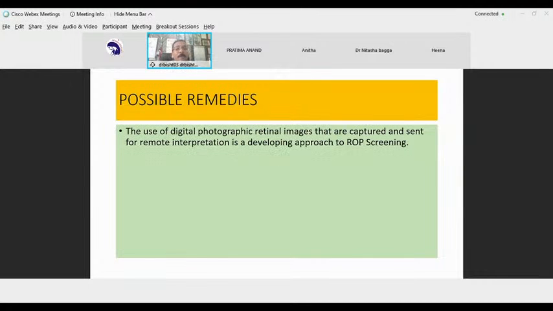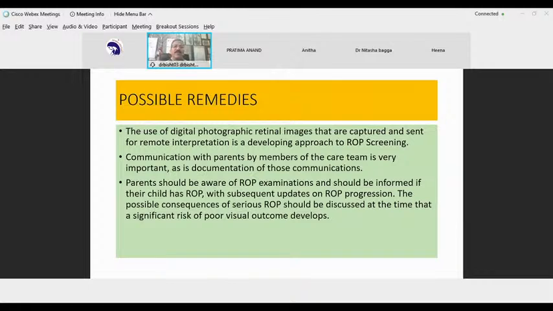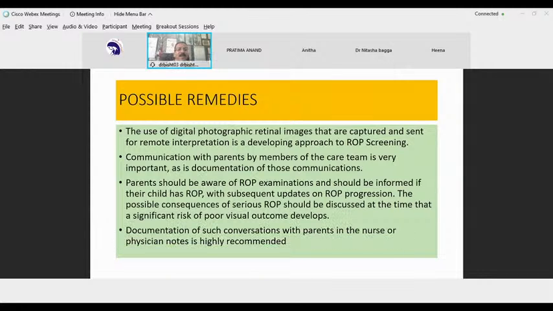So possible remedies could be using digital photographic retinal images, a RETCam or the Indian version of a RETCam, that can capture and show what was happening. Communication with parents by members of the care team is very important, as is the documentation of those communications. This is something the court had observed, that it was not properly documented, and the parents should be aware of the ROP examination,